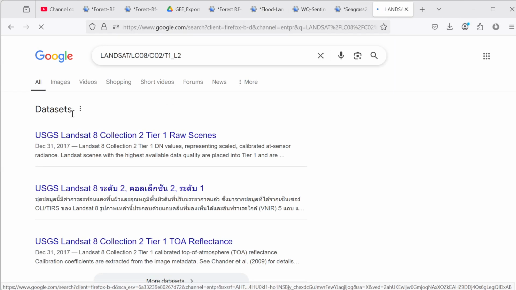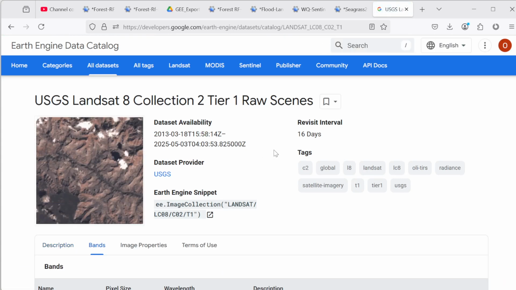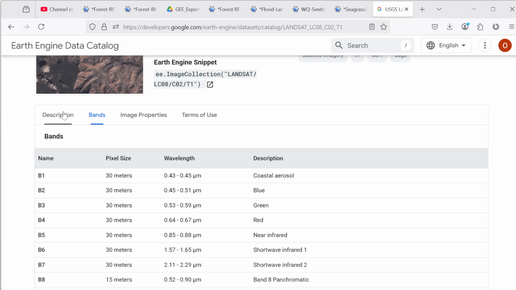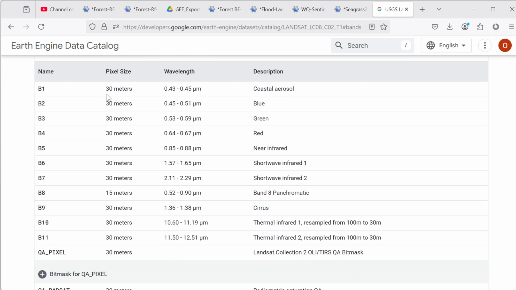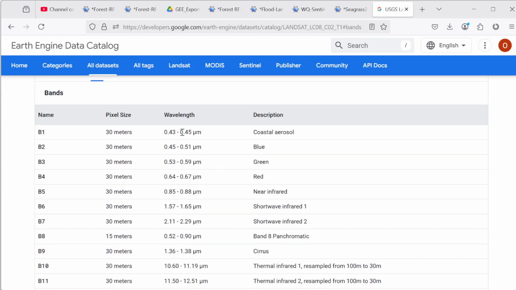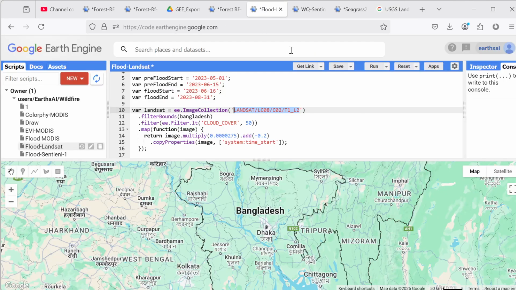This dataset you can find on the Earth Engine data catalog, available from 2013 until now, and it has a revisit interval of 16 days. You can read the descriptions there, and you can see the bands and the pixel size. And after this, we return the code,